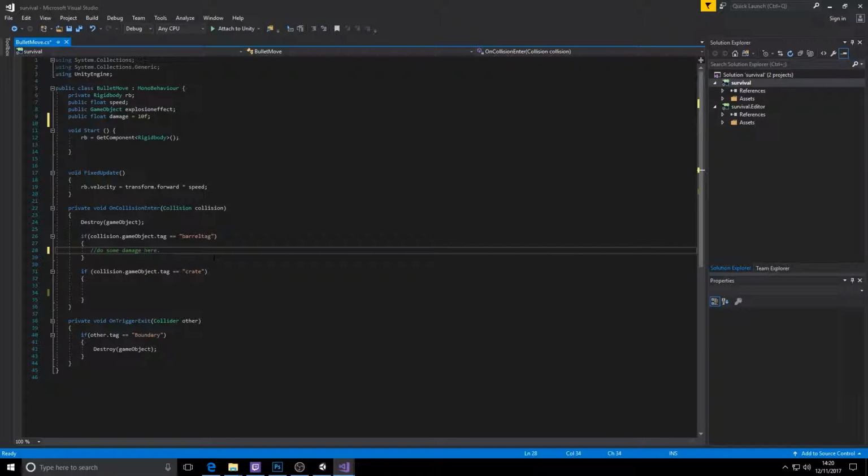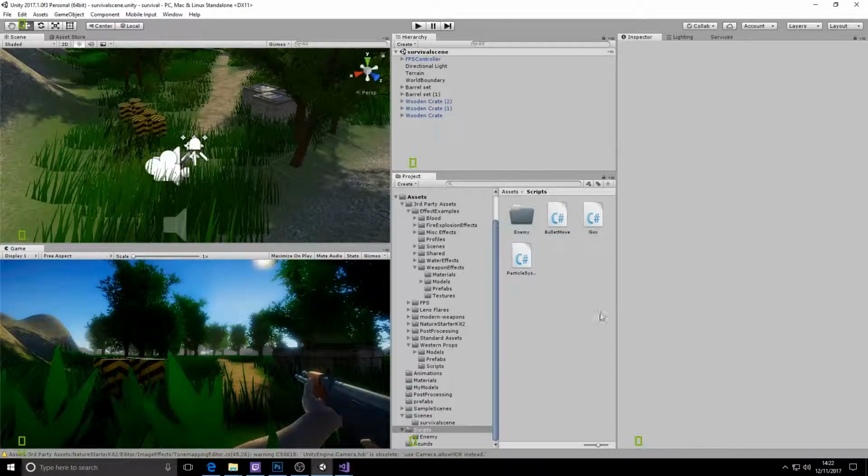So the next thing to do would be to ensure that we create a target health system first, whereby we can then pass the damage from this if statement into the other script to take off the amount of damage to the health. So let's pop back into Unity, and we're going to create a new script which is going to be applied